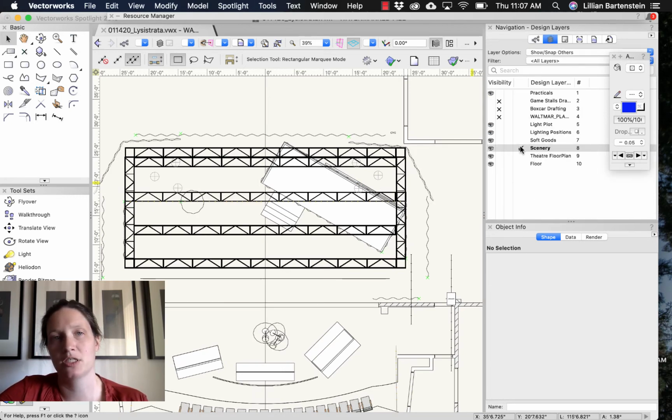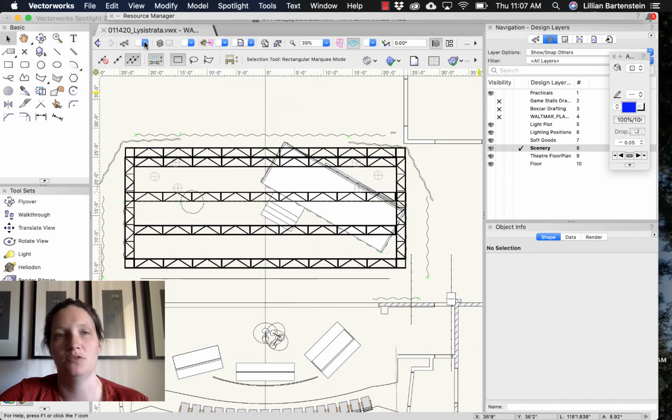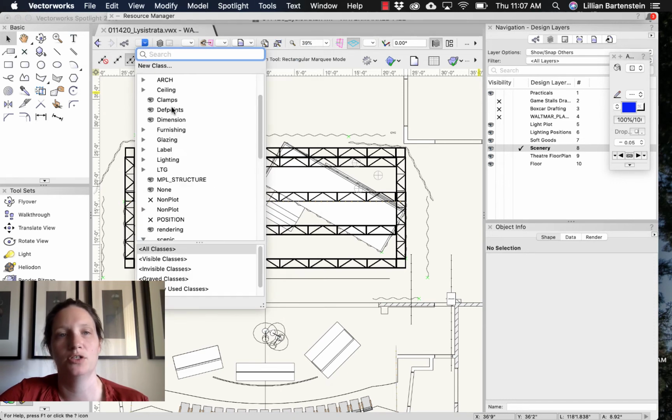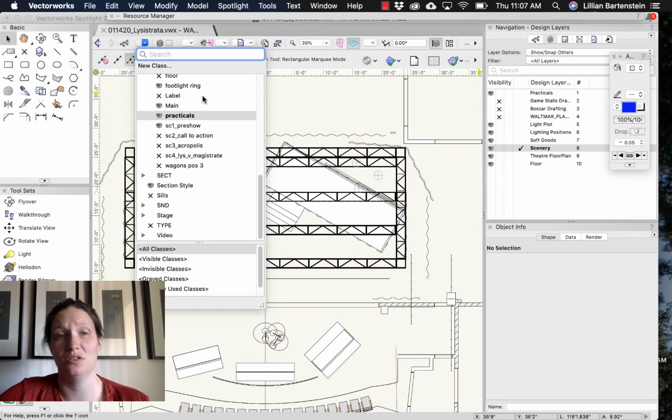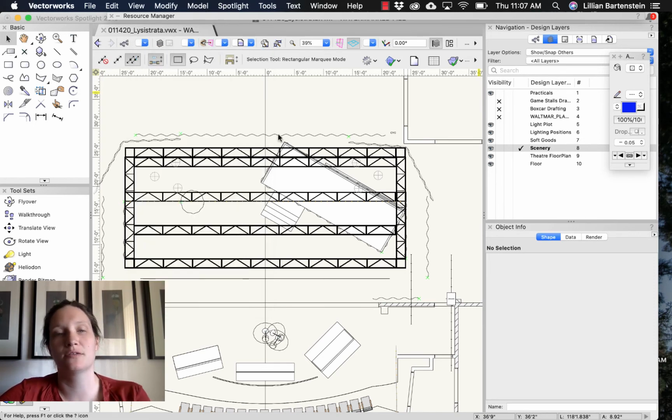That's this check marks. You'll also know what layer you're actively drawing on up here when you have a bigger screen than this. This will read out what layer is active right now, in this case, the scenery layer, in these little drop-down menus, and what class you're drawing on right now, which at this point is practicals, which is a dumb layer to be drawing on. I usually want to draw in none unless I have a specific class. Anyway,